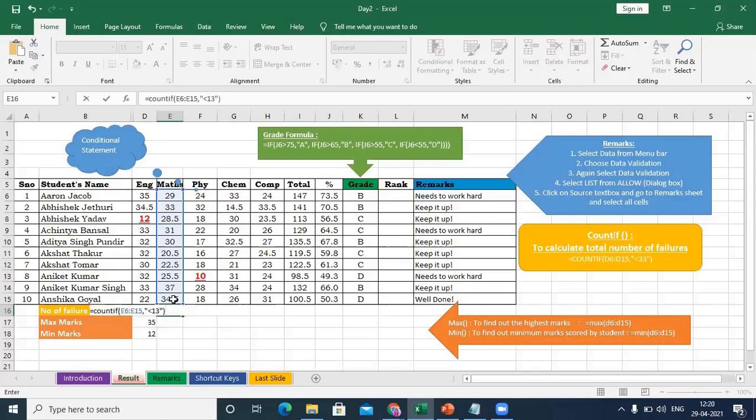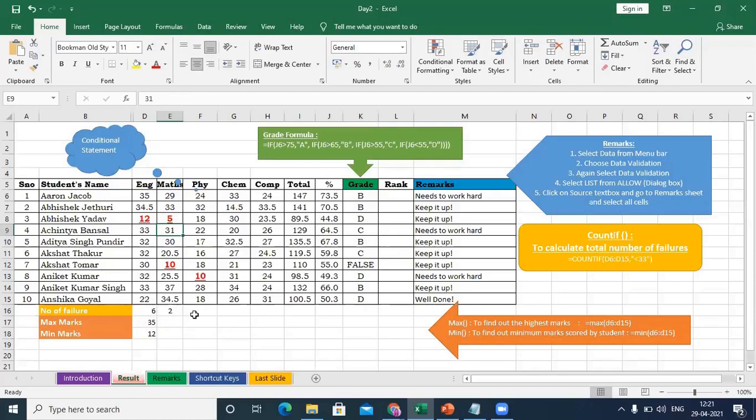And press enter. Right now, no one is failing, because now let me change some marks. Let it be 10. It will automatically change here. Please look here at number of failures. As soon as I write here 5, this child is scoring 5. So the number of failures is 2. You don't have to do anything. Once you have inserted the formula, it will automatically count how many total failures there are.